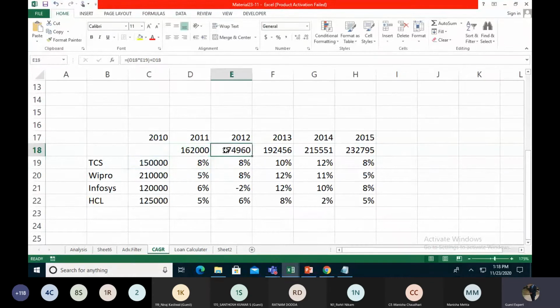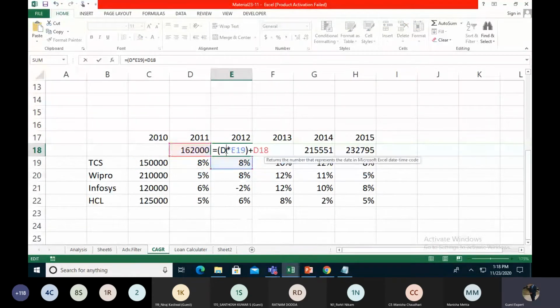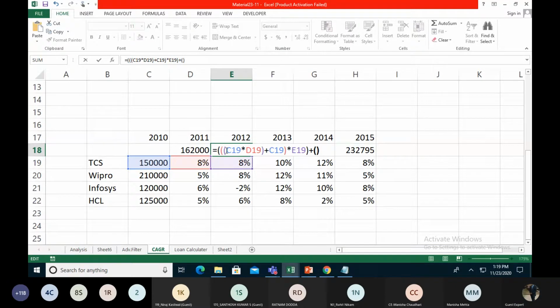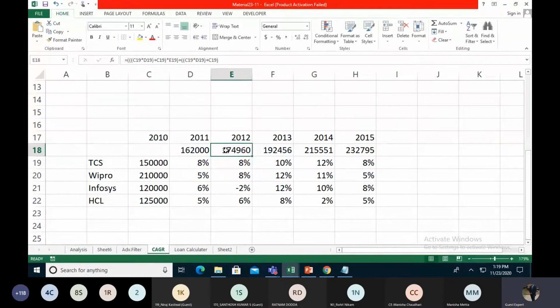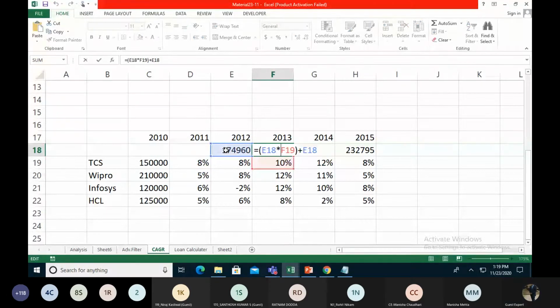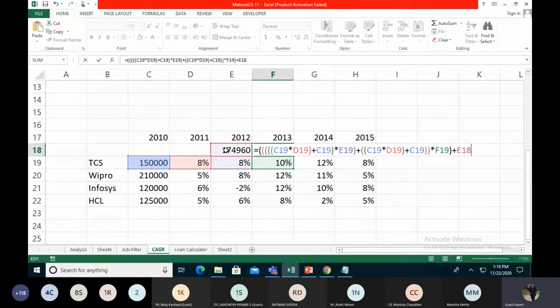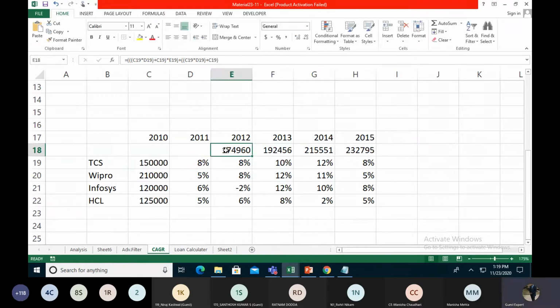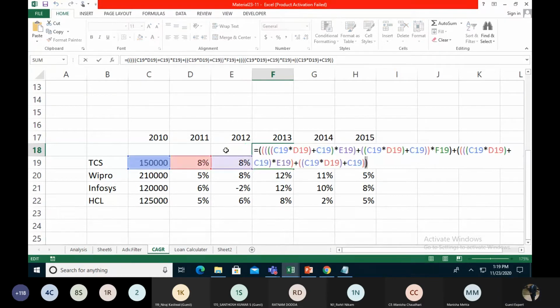We just copy it, and where is it? The 18. We just remove it. Maybe put over here. We do the same formula for the other formulas as well. We just copy it.